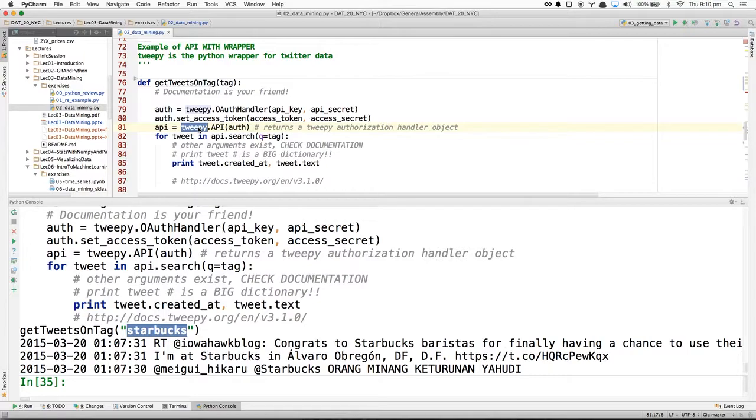So here's Twitter. The Twitter server. I should say servers because there's tons of them. And we have a client over here. This is us, we'll call this the client, using Tweepy.